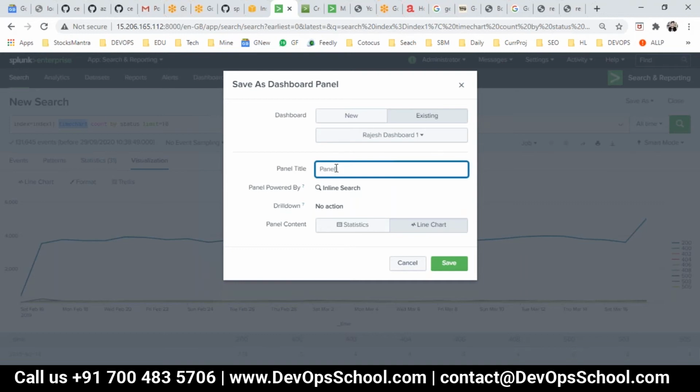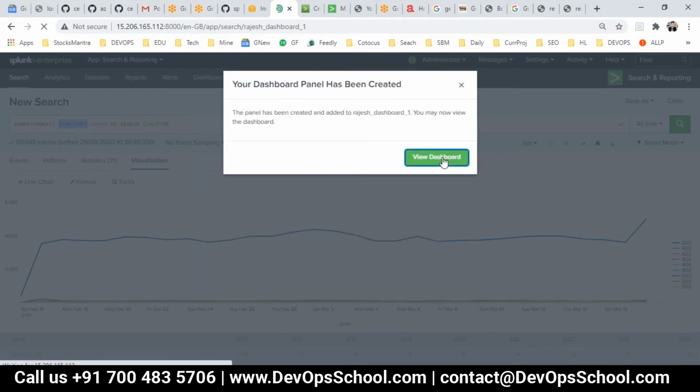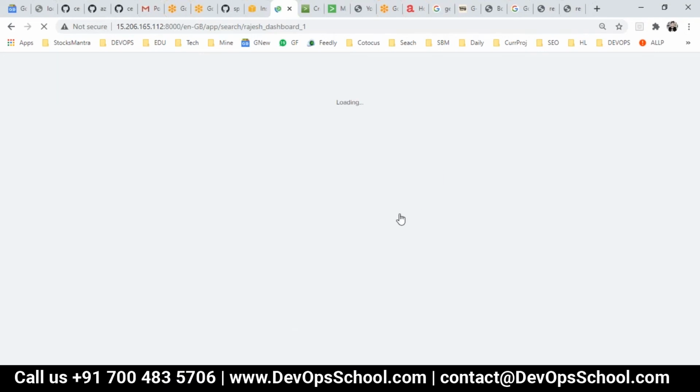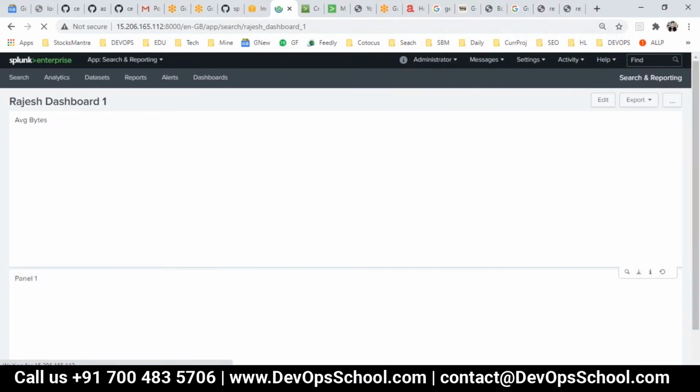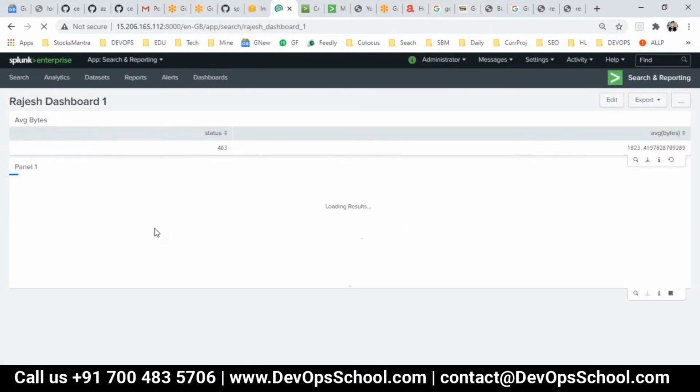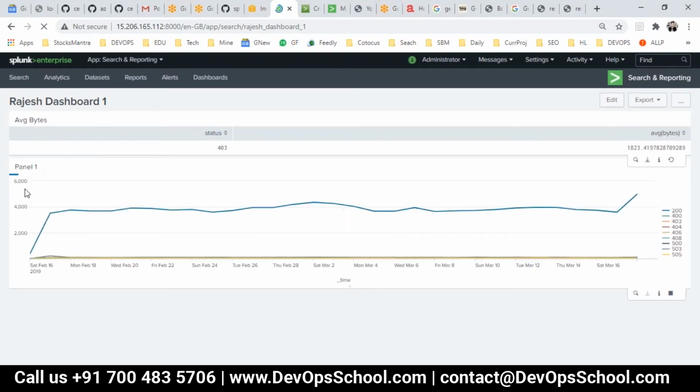You should give the right name actually. And here statistics you want or line chart, save it. View dashboard, so dashboard one, I've added two panels so far. Then you see here you got the two panels. One panel is here, average bytes, and the second panel is here. Now let me add some more panels, so edit here